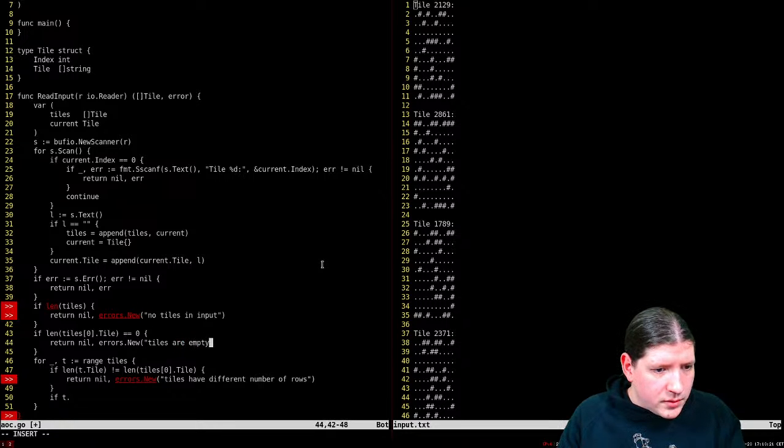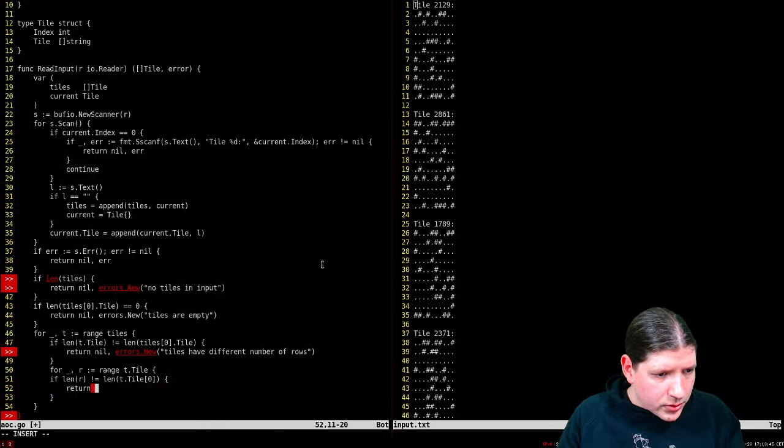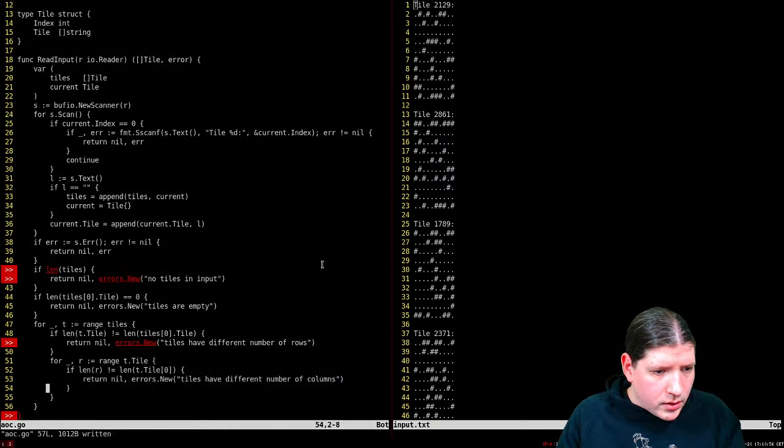Tiles are empty, and if the length of t.tile[0] is, for row in t.tile, if the length of the row is not the same as the length of the first row, return nil, errors.New, tiles have different number of columns,